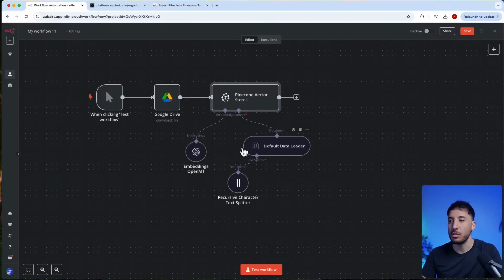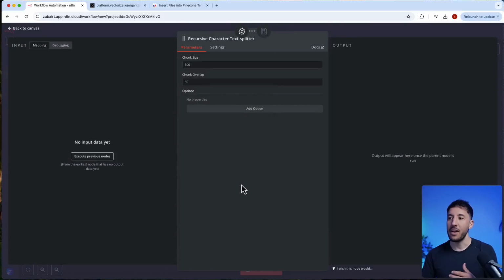But the most important part about this is this default data loader, right? Because we need to be able to identify the chunking strategy, because we need to split these documents, especially if you have unstructured data or if you have multiple documents that are bigger size. You want to be able to figure out, okay, what is the right chunking size? Meaning every time you vectorize a set of documents, it needs to be converted into bite size data,